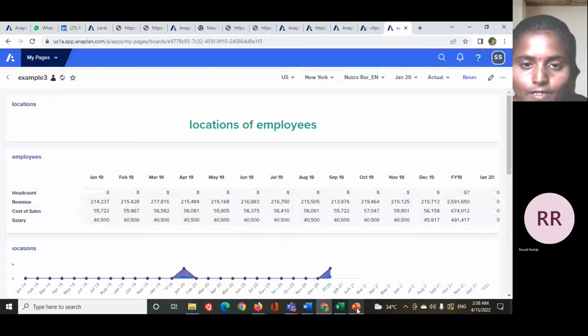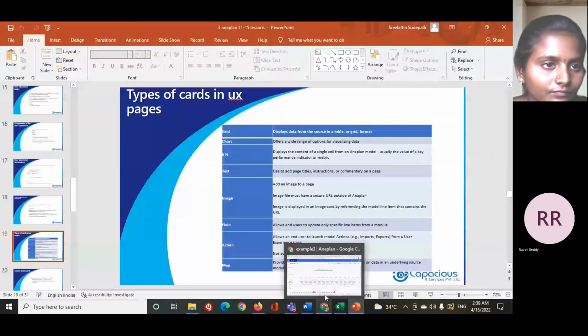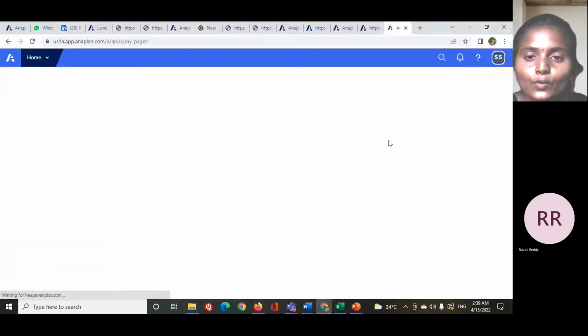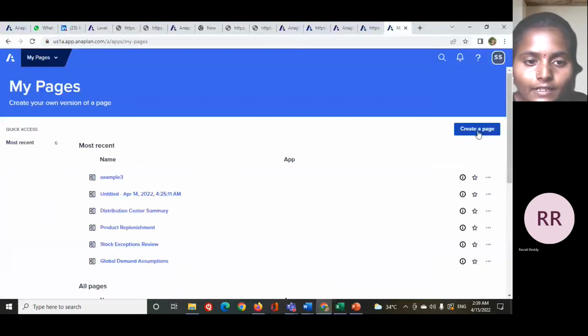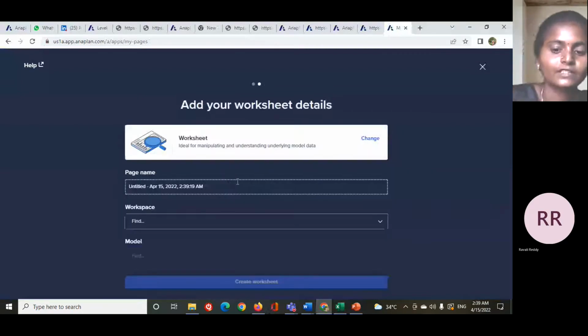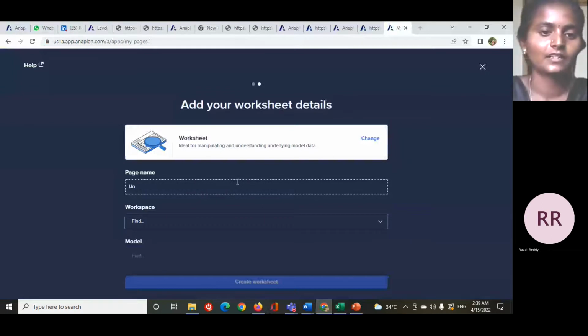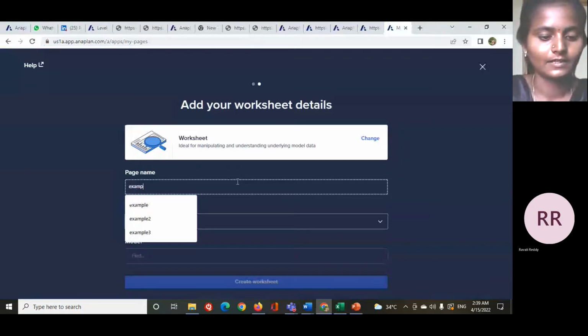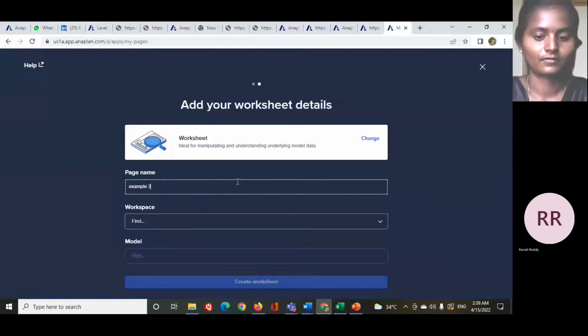I will go to Workspace again, and then I will create the UX page. If you click on UX page, there are options board and worksheet. I have explained all about the board, and the worksheet will be displayed. Now I will take the worksheet, for example,